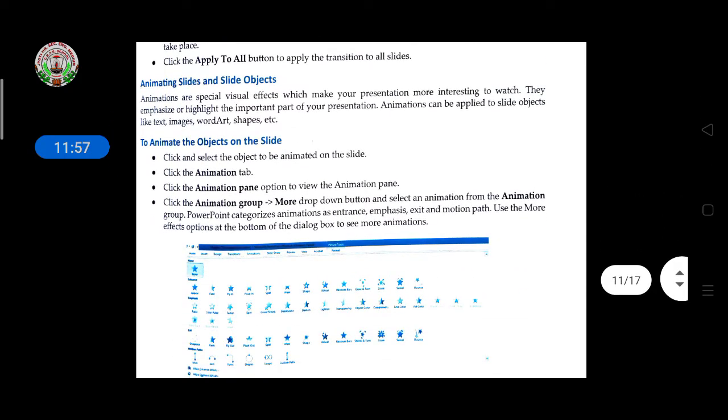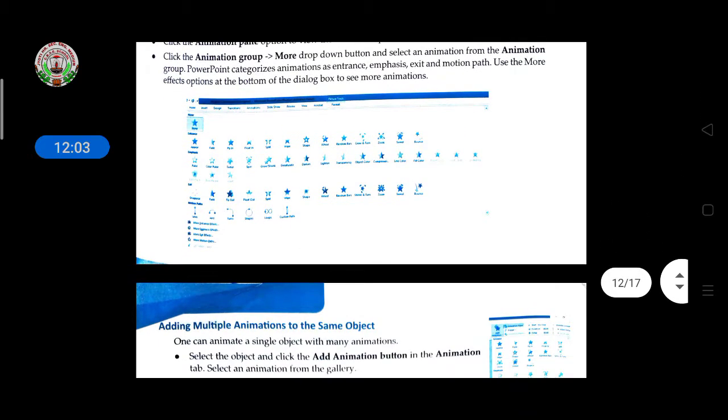Then animating slides and slide objects is also given here. To animate the object on the slide means how to present the slide in front of the audience. It's your choice only. There are so many slides, so many previews and effects, you have to select that particular effect and put it on that particular slide.